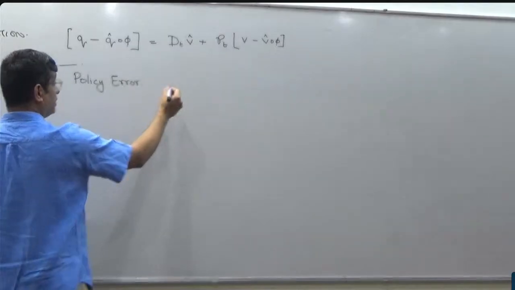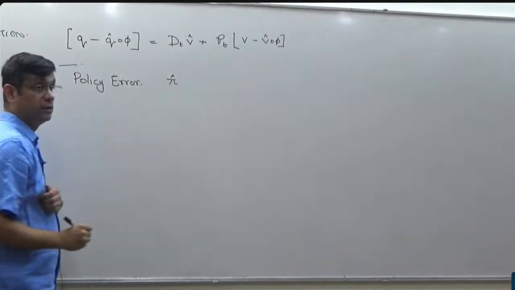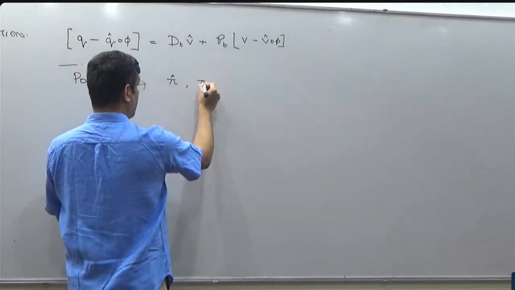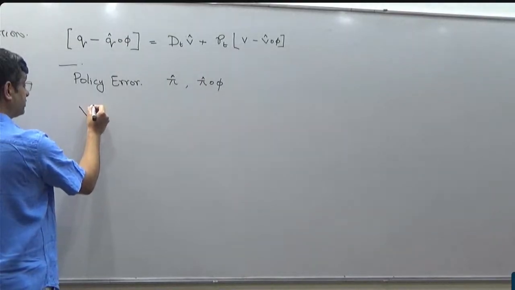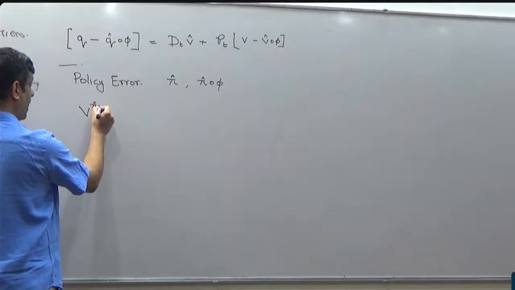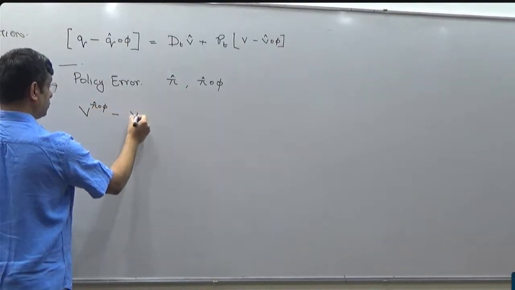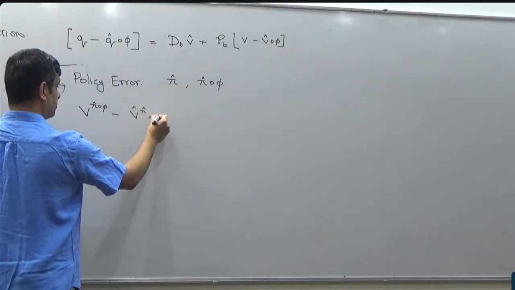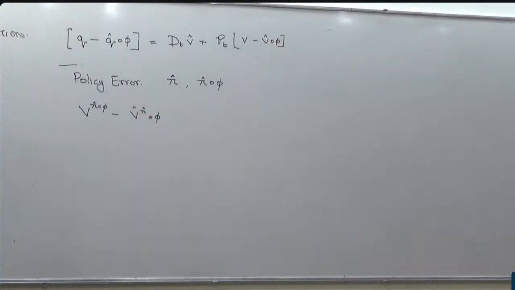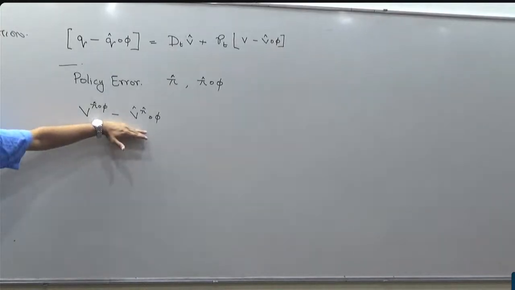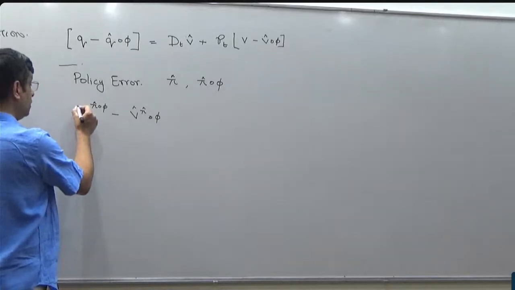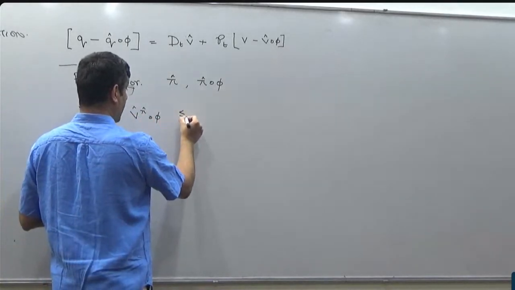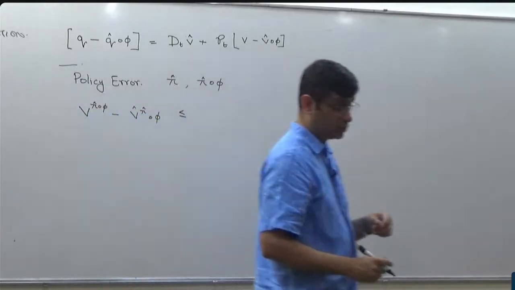what I know is I have a policy pi hat. I am going to take the policy which is pi hat composed with phi, and I am going to ask what is the difference between V applied on pi hat composed with phi minus V hat of pi hat composed with phi. Okay. Again, this is the same object we talked about in the previous lecture. In the previous lecture, I was taking norms. Now, I do not want to take norms. So, this is going to end up being less than or equal to,